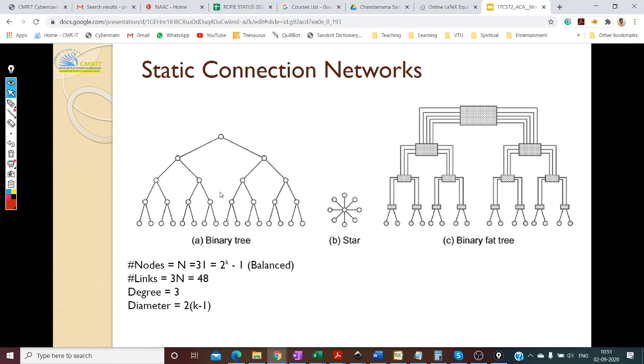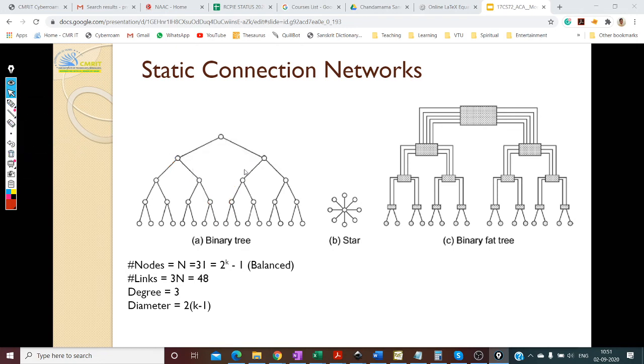The thing you need to understand is that as you go from leaf to your root, your traffic is going to increase. It's going to double at every stage. Now this is a bottleneck, you understood? This node is a hotspot, because if this guy wants to communicate to this guy, it has to go all the way, and anything across the network has to go through this. So these two links and this node will become a bottleneck and a hotspot.